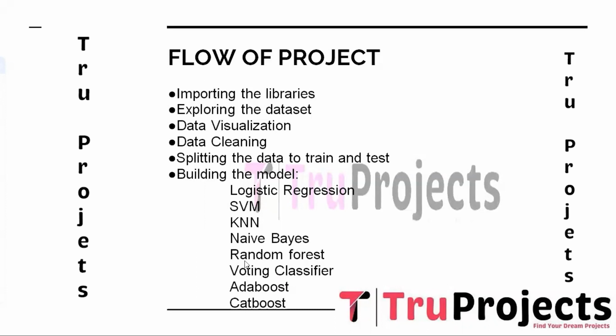And the fifth one is random forest. Random forest is an ensemble learning technique that combines multiple decision trees to improve the prediction accuracy and reduce overfitting. Each tree in the forest is trained on a random subset of the data and a random subset of the features. The final prediction is made by averaging or weighting the predictions from all the individual trees. The random forest can handle both classification and regression tasks and is robust against noise and outliers.